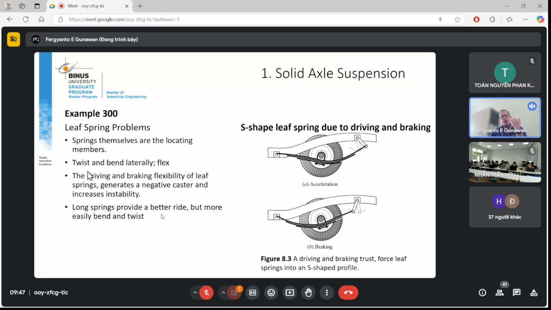Clearly the leaf spring may twist, may bend. So it produces what we call a negative caster. If the spring is long, clearly the stiffness will be low, the comfort level is improved, and vibrations are reduced. It provides a better ride, but it easily bends and easily twists. So you're going to feel the movement in the forward direction, right? So that is the limitation of